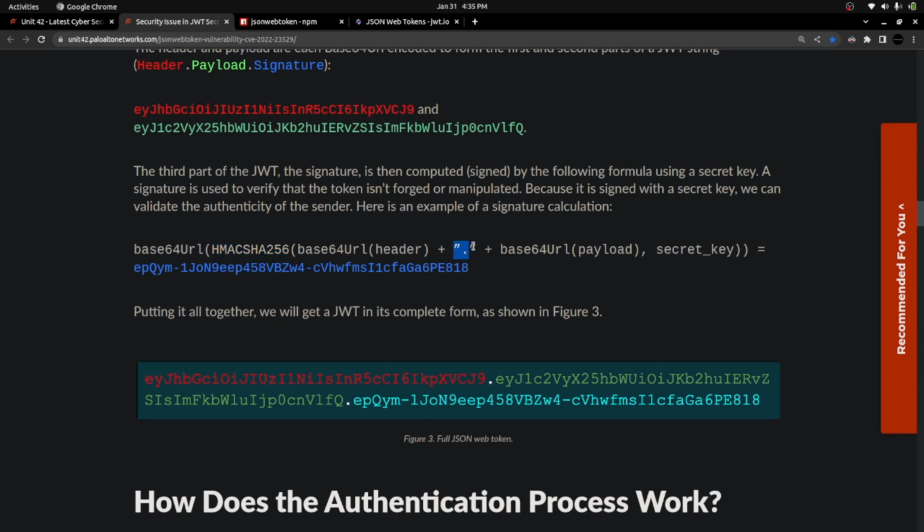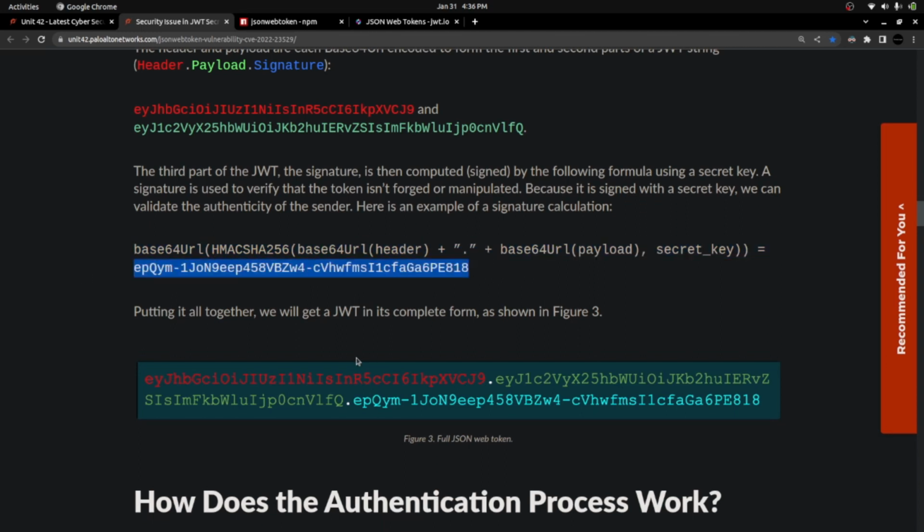And you can see they are separating this header and payload. Both are base64 URL encoded, and they are separating them with the period symbol. And they are also mentioning the secret key here. So this is the entire structure. This is the whole thing: base64 URL encoded header, base64 URL encoded payload, and secret key. So they are using all three things, the base64 URL encoded header and payload separated by the period, and they are giving it to the HMAC SHA-256 hashing algorithm. It eventually gives you this specific